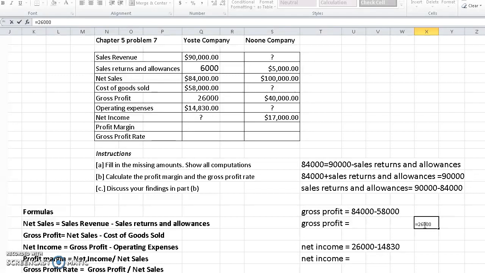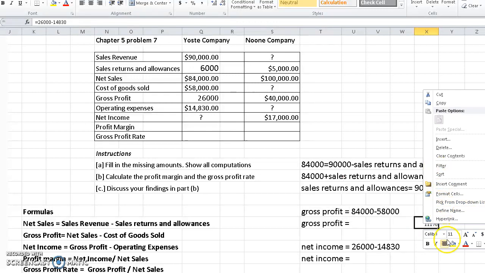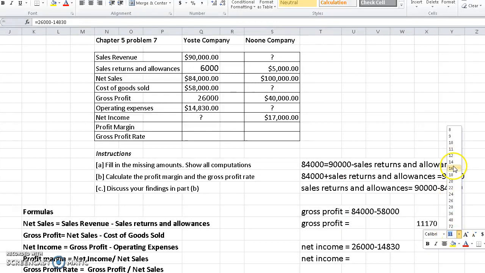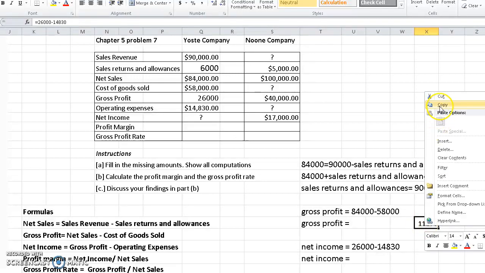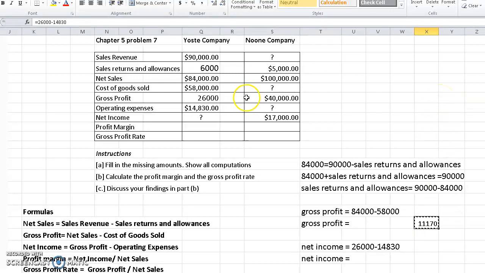So there's the 26,000 minus 14,830. Again, I apologize for having it a little small. And that's 11,170. Again, we'll just right-click it, cut,